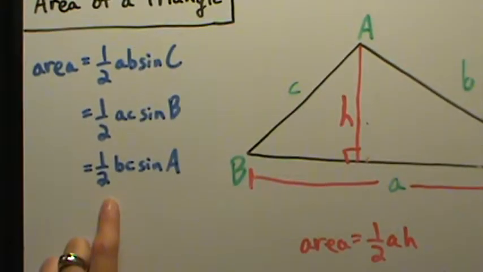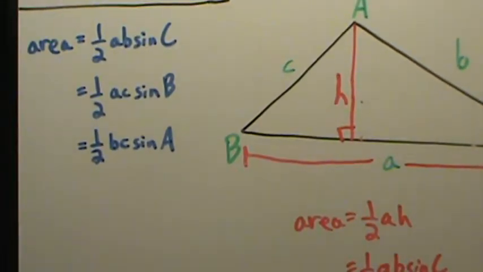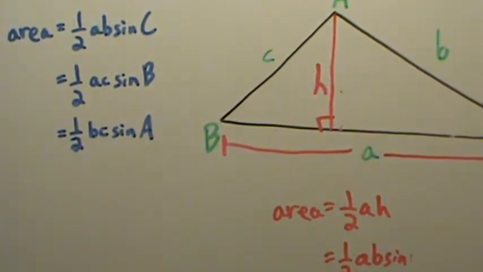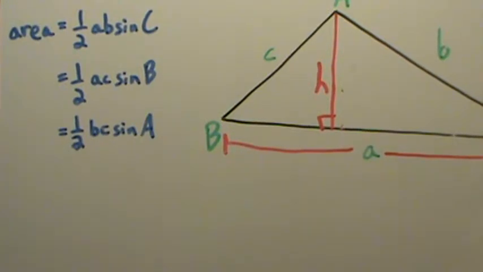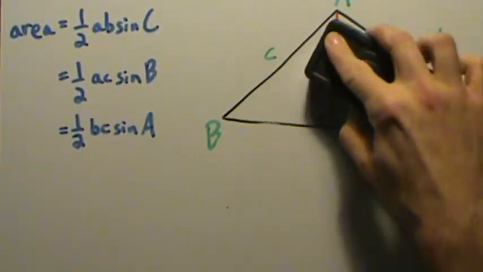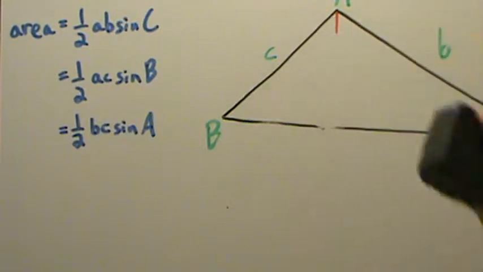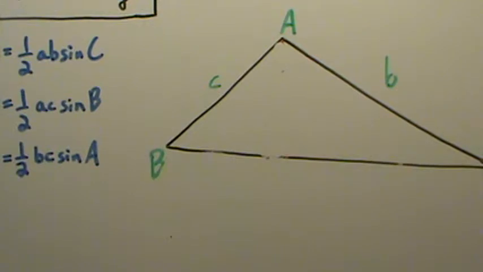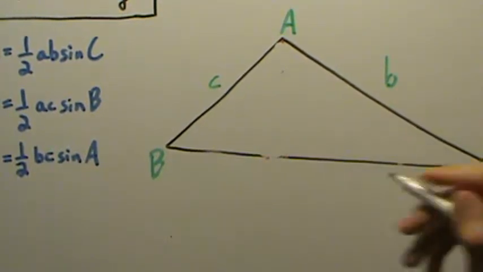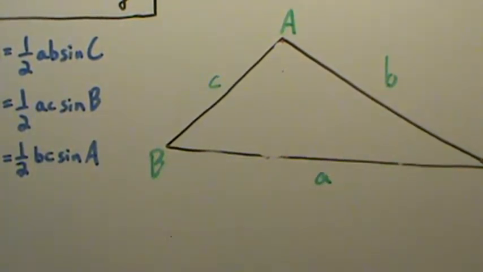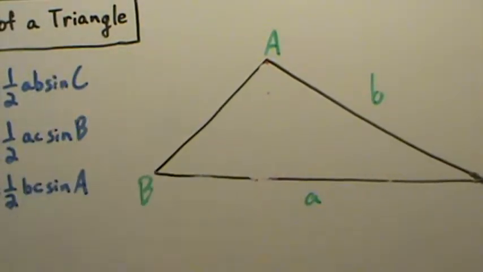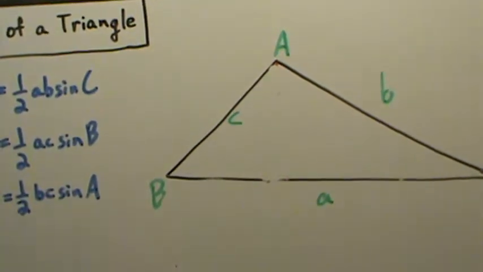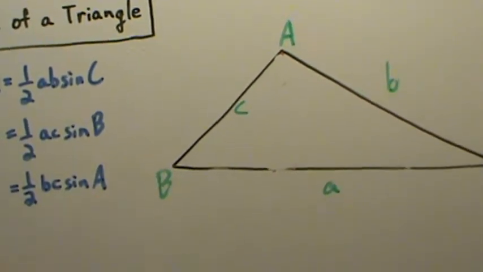This next one's going to be a little bit different. There's going to be an extra step involved. So let's get rid of all this, and we'll get rid of this, and that. Okay. Let's put that label back. So this was a capital C, this was a little a. Now this right here is a little c, we'll label that on the inside. Now what we're going to do is drop a perpendicular from angle B down to this other side,